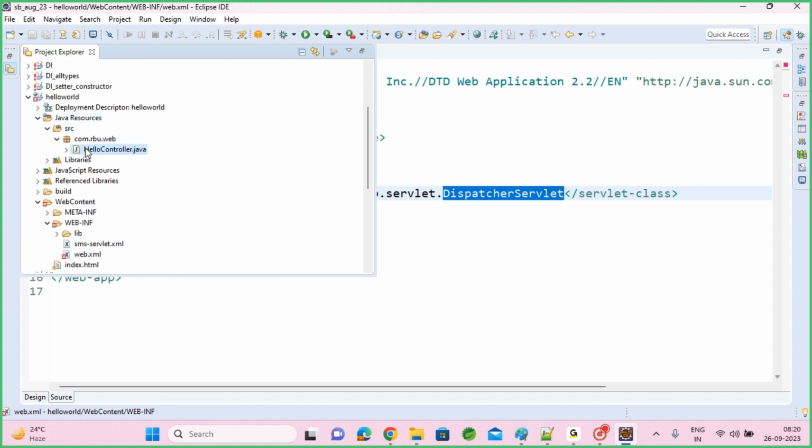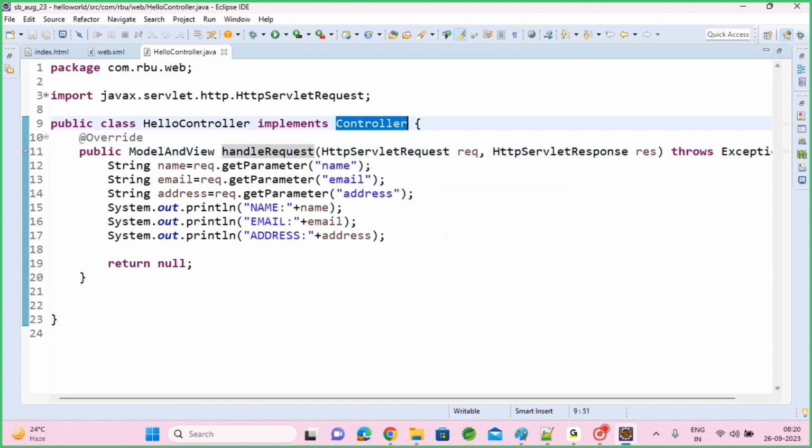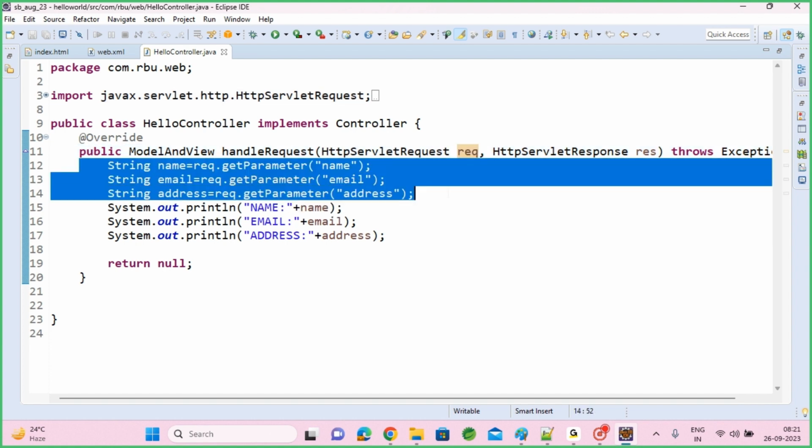So you need to implement a controller class from a controller interface. There you should override the handleRequest method. This is an interface, and in this interface we have this method. As you know, while implementing interfaces, you compulsorily should implement that interface's method. So I am implementing the handleRequest method. As part of this method, I have HttpServletRequest and response objects. I can use this request to read the data coming from the front end, and I'm just printing it,